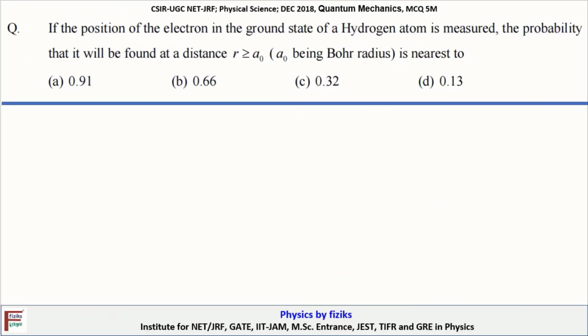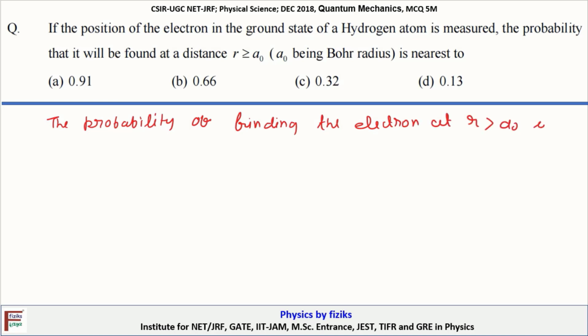If the position of the electron in the ground state of a hydrogen atom is measured, the probability that it will be found at a distance r greater than a is nearest to what? So we have to determine the probability of finding the electron or particle. The probability of finding the electron at r greater than a naught is